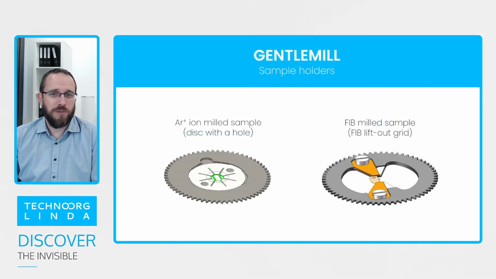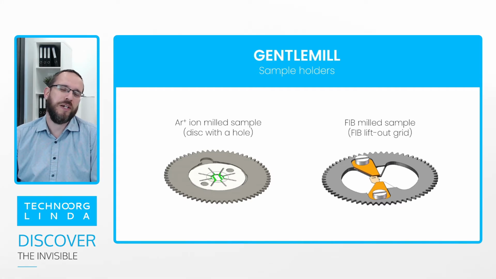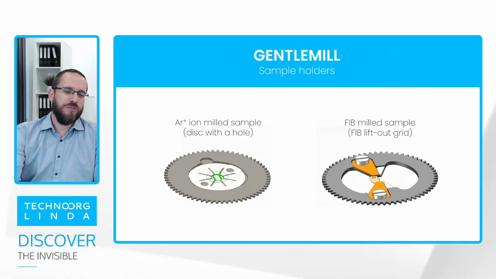I told you we have double-sided sample holders for this machine. This is for easy and quick operation. We have two types of sample holders. One designed for a disc shape sample. This is for argon ion milled samples. And there is also another sample holder which is optimized for FIB lift out grids and very small pieces of samples mounted on those FIB lift out grids. Now let me show you some examples